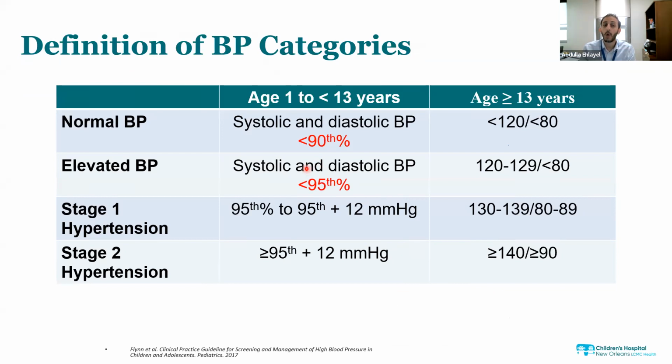The definition is wrong, it is systolic or diastolic. Regardless of the reading, you take the worst reading. So if the systolic is in stage 1 and the diastolic is elevated, then you consider the patient stage 1. If the systolic is elevated and the diastolic is normal blood pressure, you consider the patient elevated. So regardless of the category, you take the worst one of them. Meaning the highest reading is the one you consider for the patient. Does that make sense? Yes, okay, excellent. So it's the worst one that you get.